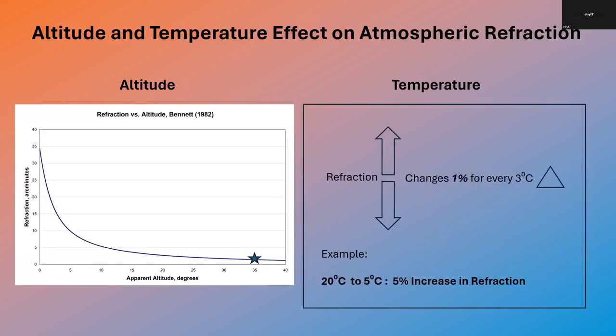So for example, temperature on the right side there: as temperature changes, for every 3 degrees centigrade, refraction changes 1%. So if you start off imaging at night and it's 20 degrees centigrade, say a fairly warm night, but through the course of the night the temperature drops down to 5 degrees centigrade, that'll result in a 5% increase in refraction. And that could be fairly significant, and it's one of those inputs that's needed to obtain the best possible tracking